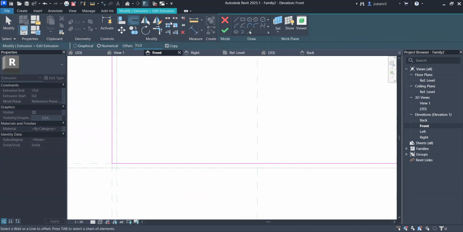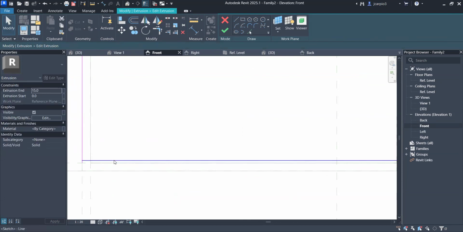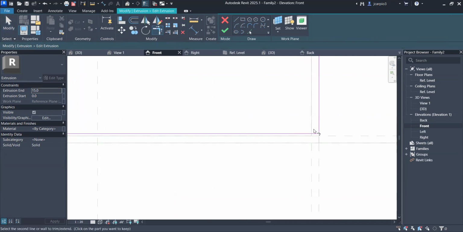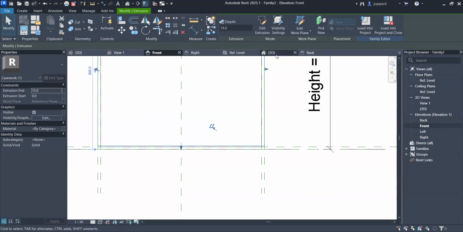And 5. And delete this one. All sides corner. And hit OK. So when you go to the 3D view,